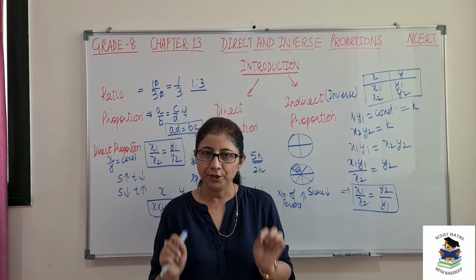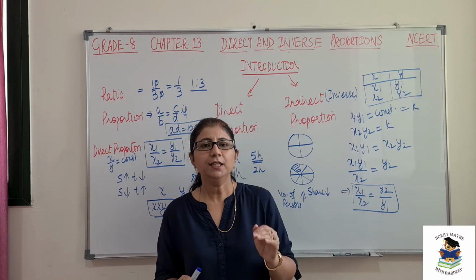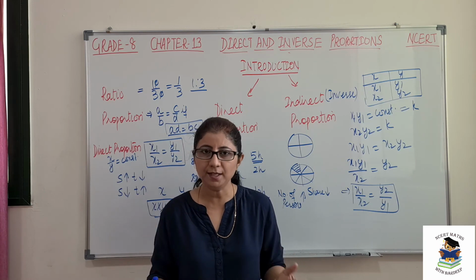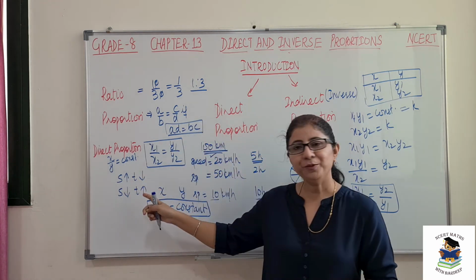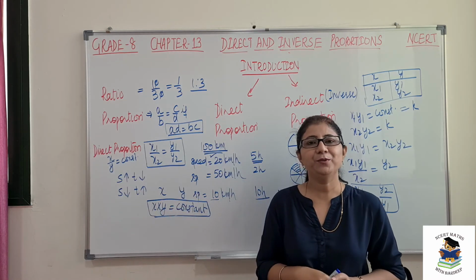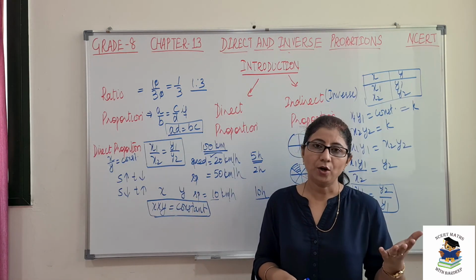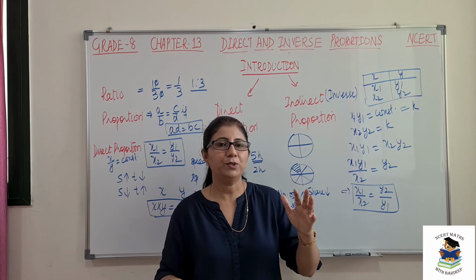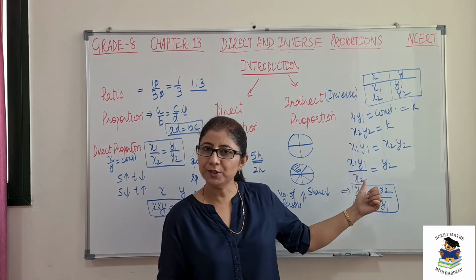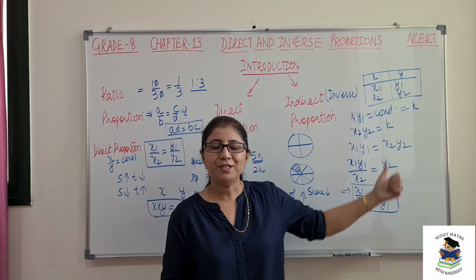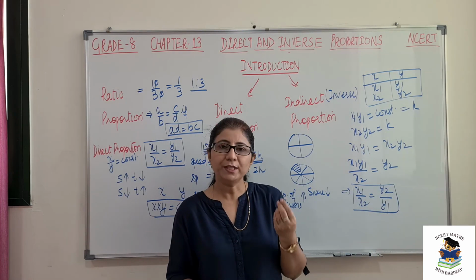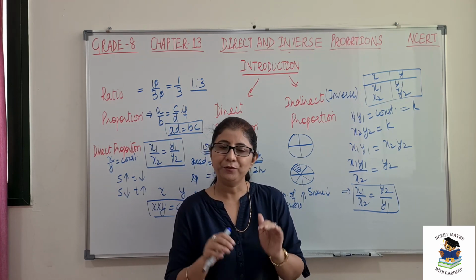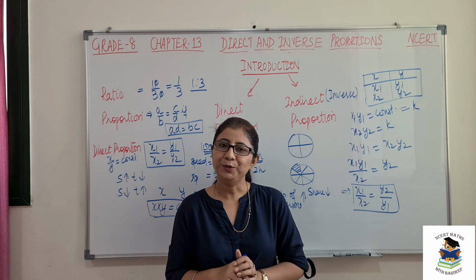It's very simple. Read your question, analyze it, and see if the given two quantities are increasing or decreasing in the same direction. Then we will use direct proportion formula, that is x1 by x2 is equal to y1 by y2. But if this is the opposite, that is one quantity is increasing and the other one is decreasing, or vice versa, then we will use inverse proportion, that is x1 by x2 is equal to y2 over y1. So this is the main point that you should understand, how to analyze your question. If this is clear to you, this chapter is going to be very easy.